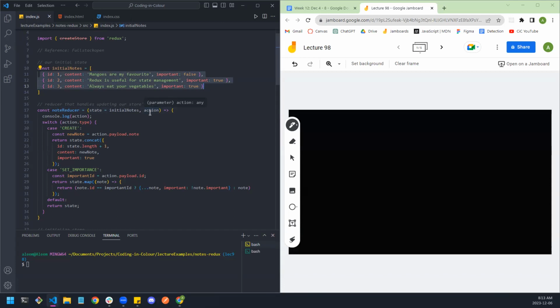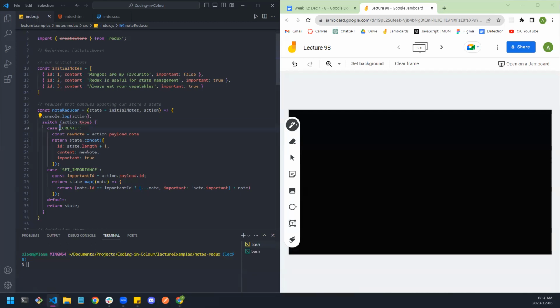And so my reducer takes in the state, which is initially going to be initial notes, but then after that, it'll be whatever it was from before. And then I have an action. So we have a few types of action. This is referring to when we dispatch actions to our store. So that's when the user does something. We need to say the action has to have a type and a payload. And so in this case,